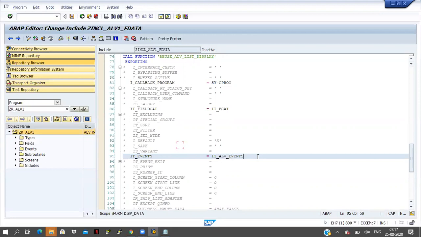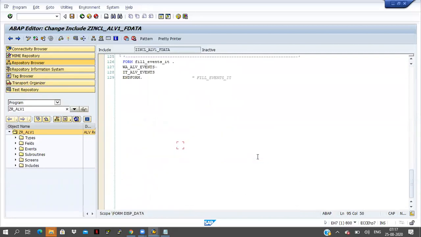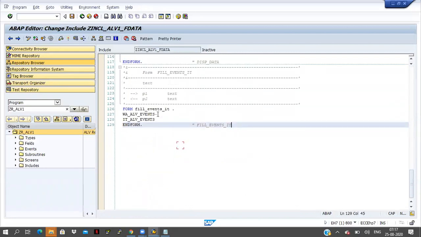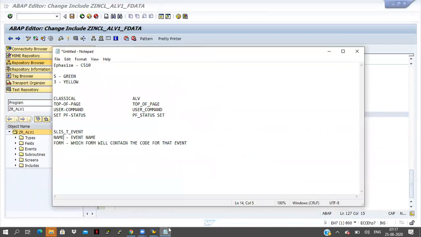Now I have to fill the internal table. In this internal table two fields will be there, name and form. What is the meaning of name here? Name means event name. And form means we are calling some subroutine here, right?